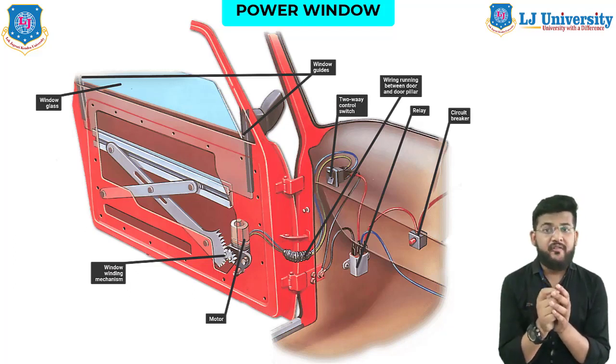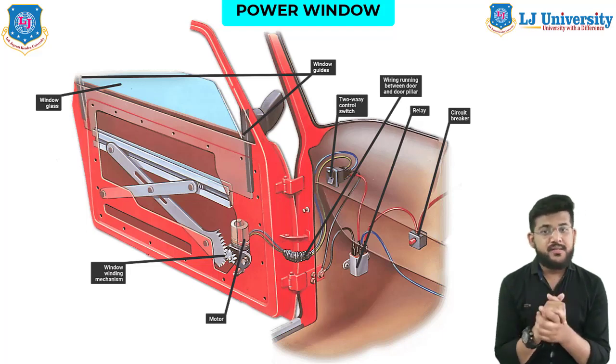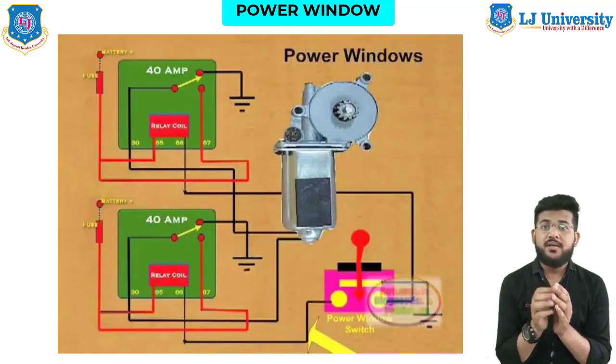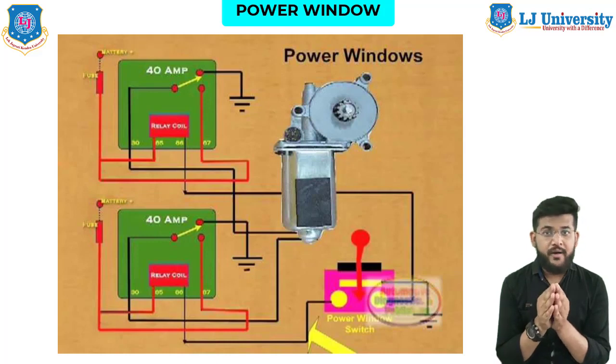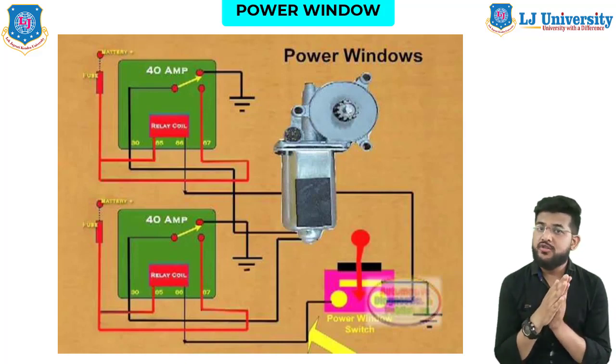This is one that allows the driver to control all 4 windows on a car, and it can lock out the controls on the other 3 individual windows from the driver's seat, from a single button. On this system the power is fed to the driver's door through a 20 ampere circuit breaker. The power comes into the window switch control panel on the door, and it is distributed to a contact in the center of each of the 4 window switches.